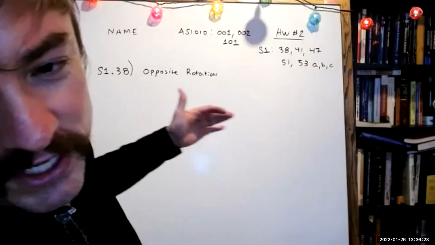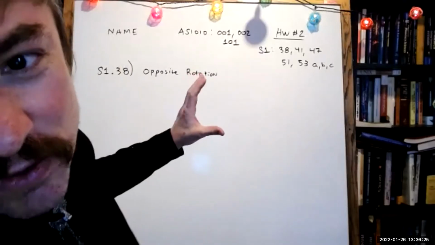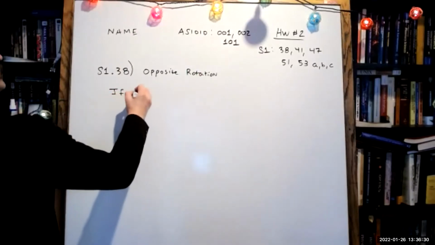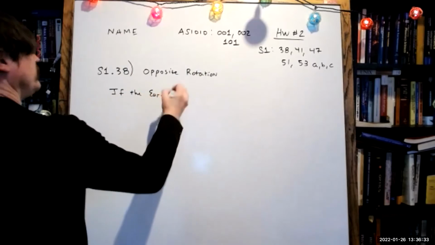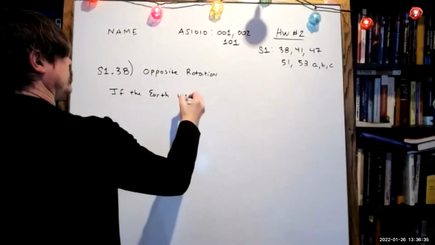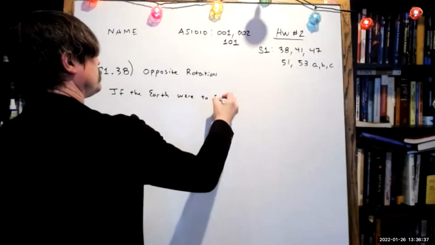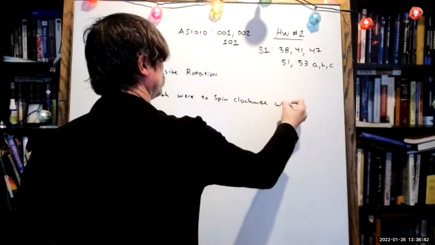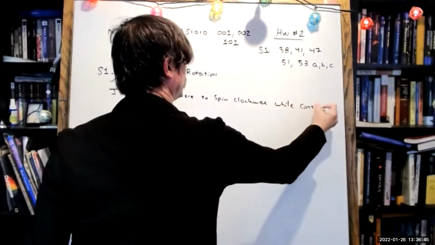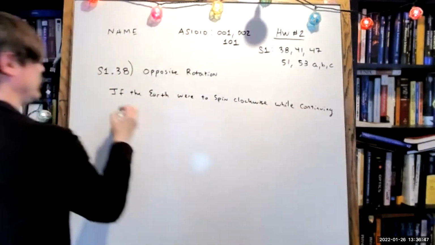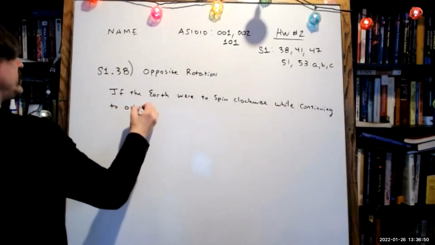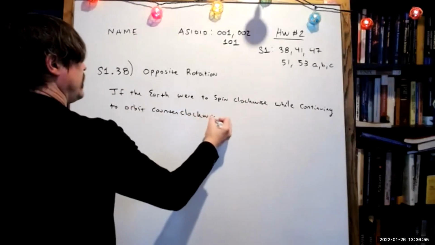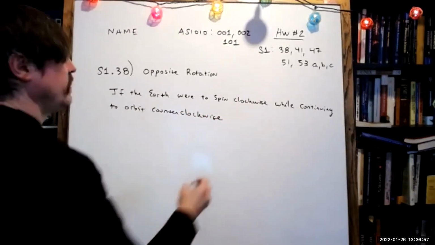Yeah, but let's do it the old-fashioned way they taught us to do in grade school, where we start by regurgitating the question, right? So we'll say, if the Earth were to spin clockwise while continuing to orbit counterclockwise, and now we'll kick in with Daniel's idea, then